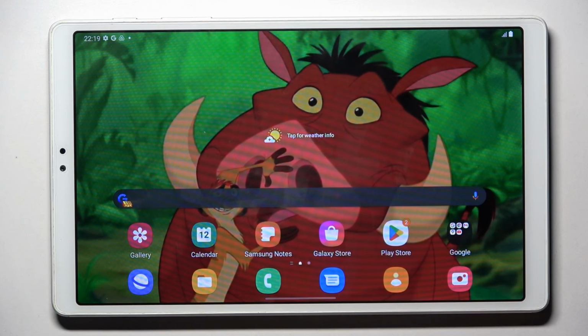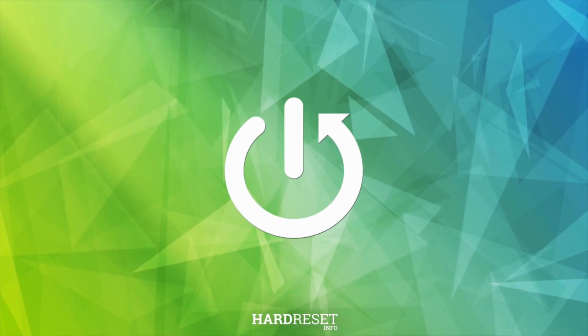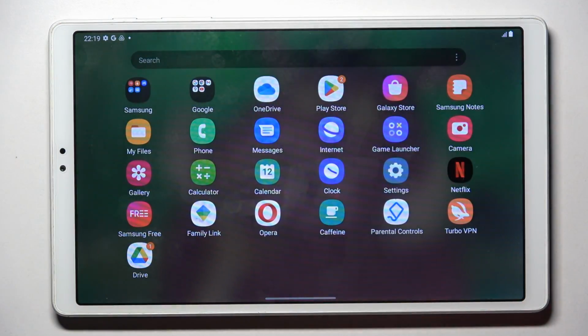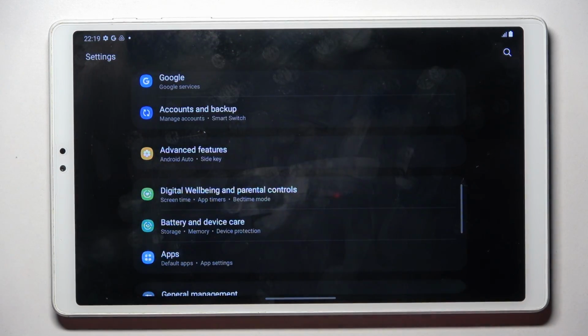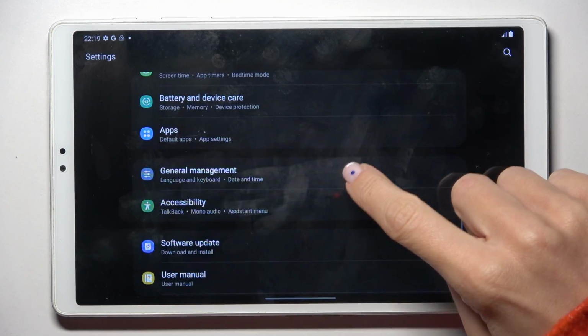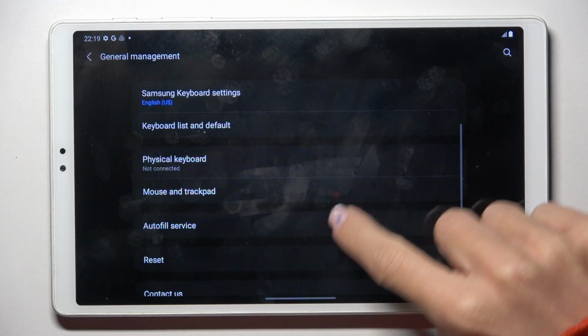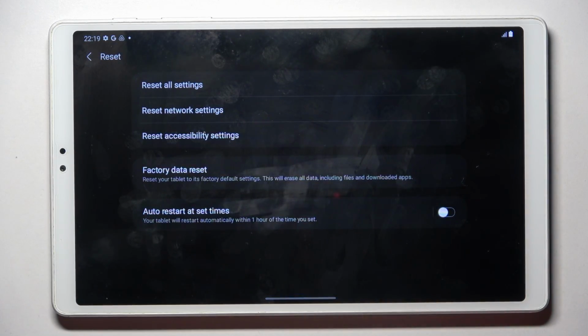Good morning guys, in front of me is Samsung Galaxy Tab A7 Lite, and let me show you how to reset all the settings here. So at first, enter the list of all apps and reach Settings. Then find and select General Management, go to Reset, and now all you have to do is to click